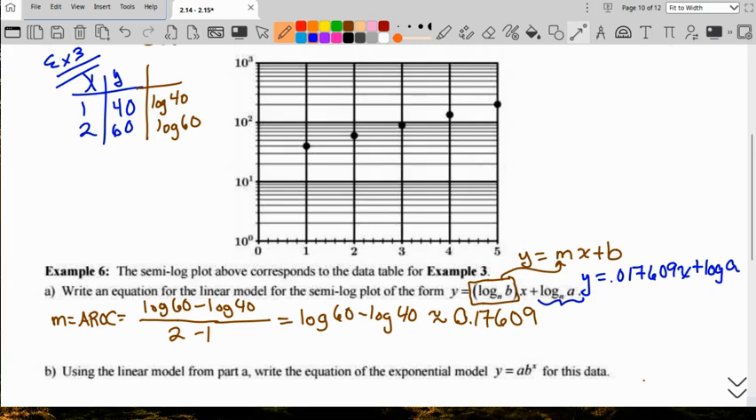log 60 as our y value there, we've got the log of 60 equals